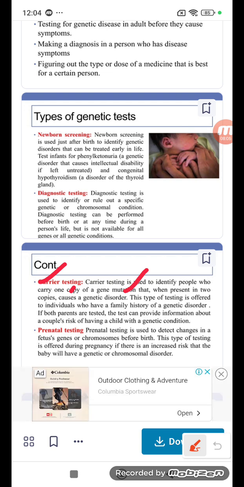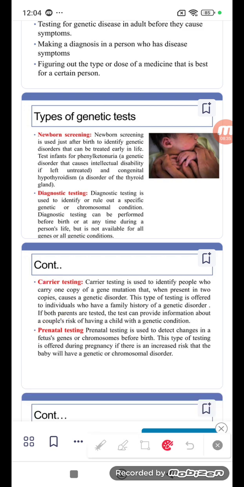And one more is prenatal testing. Prenatal testing detects changes in the fetus genes, not the mother's genes, fetus genes or chromosomes, before birth. This type of test is offered during pregnancy when there is an increased risk that the baby will have a genetic or chromosomal disorder. So these are a few genetic tests. Just go with newborn screening, diagnostic testing, carrier testing, prenatal testing. These are a few examples for you,